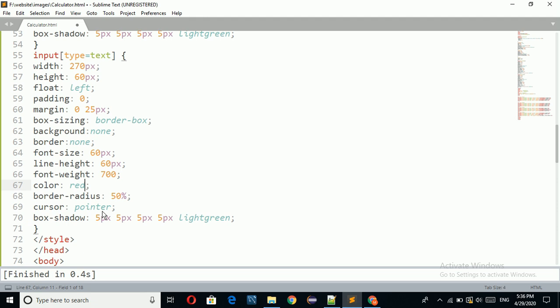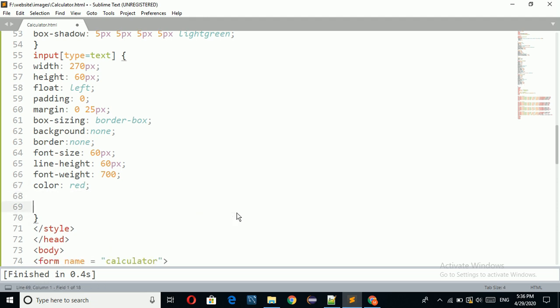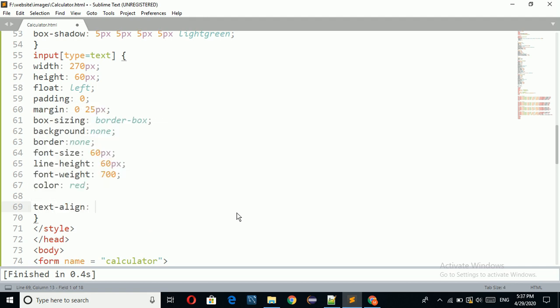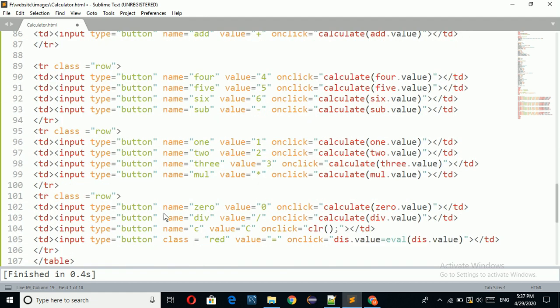These properties are not required. For text, I am going to take text align equal to right.